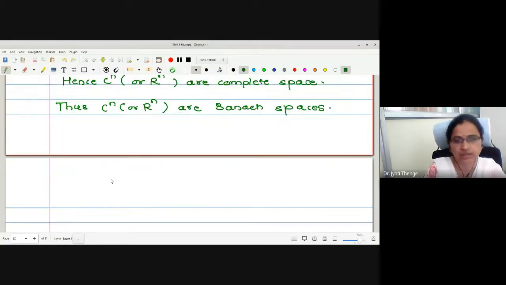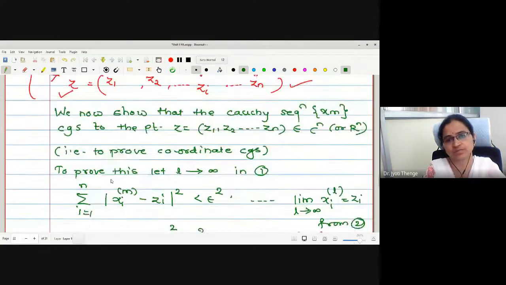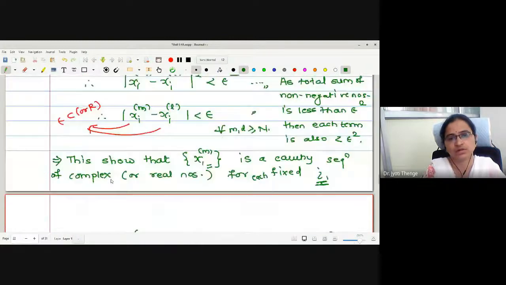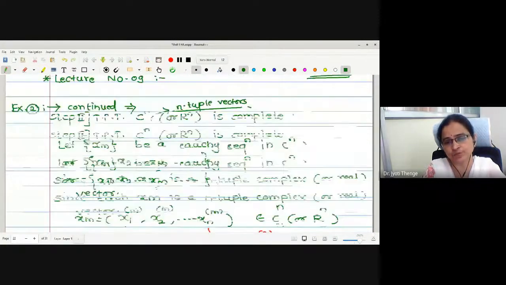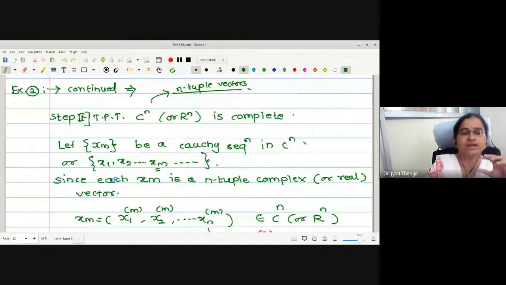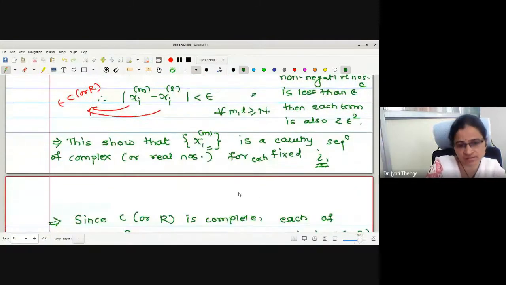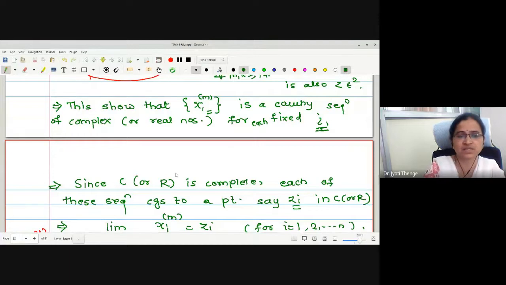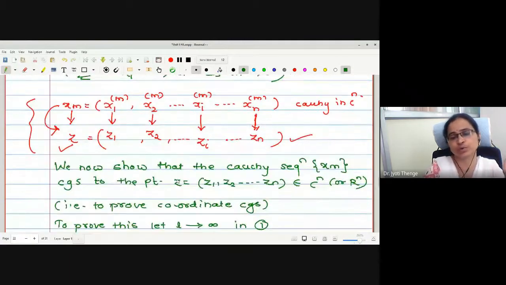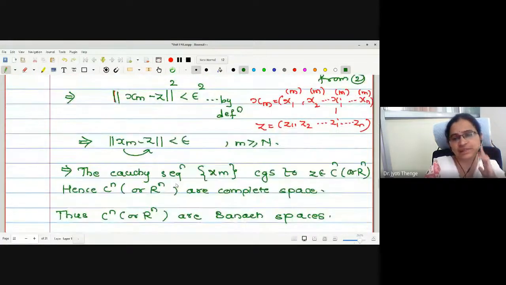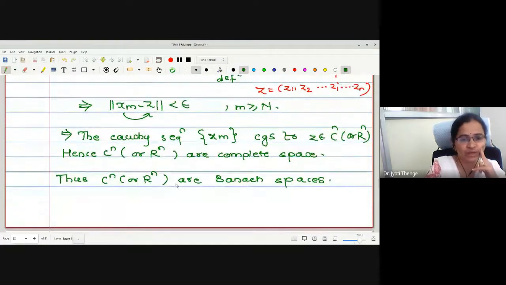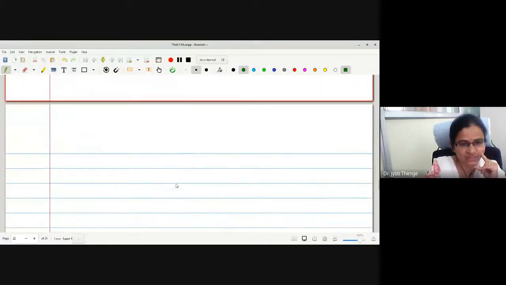Okay. Any doubt with this? If you have, you can ask me. Both the steps. Here, while proving the completeness property, you have to remember that we are starting with a sequence of n-tuple vectors. Then we have jumped to a sequence of scalars. And knowing that the real and complex fields are complete spaces, we can use this in order to prove the completeness of the Rn and Cn spaces. This is a very simple theme we have. Okay? Any difficulty with this?